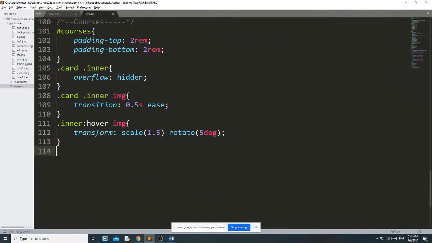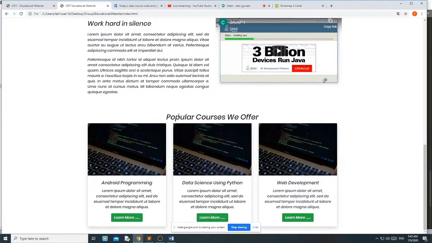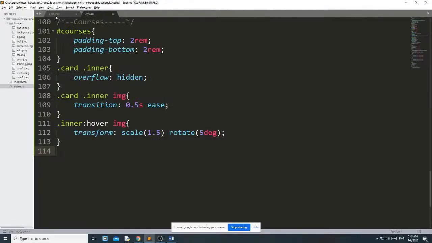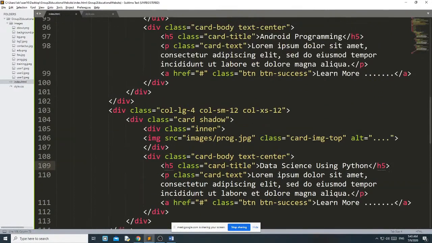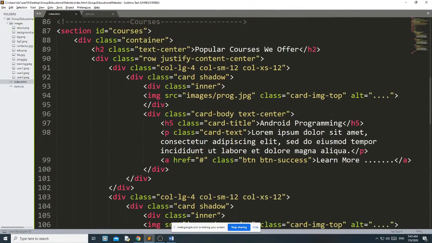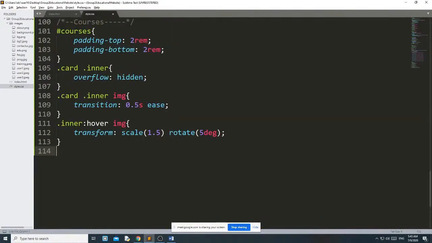Then I want to do this H2 decoration. This one we have written in H2. This H2, okay, this one we will style.